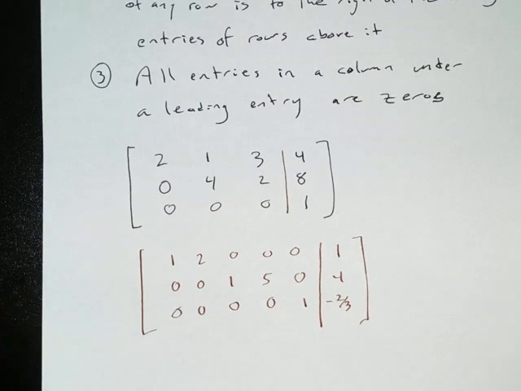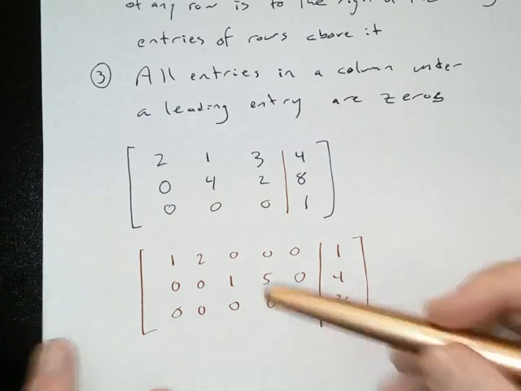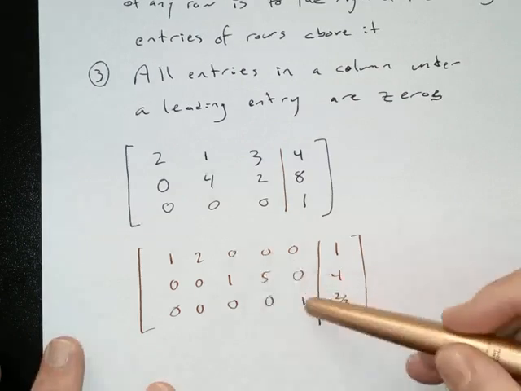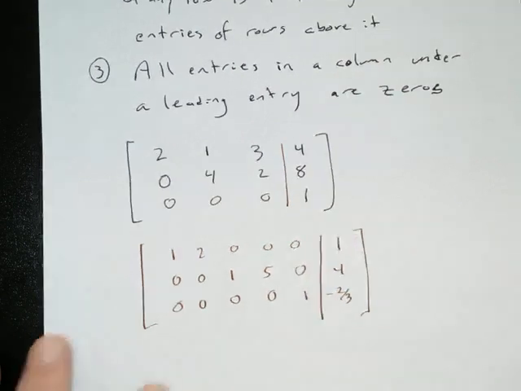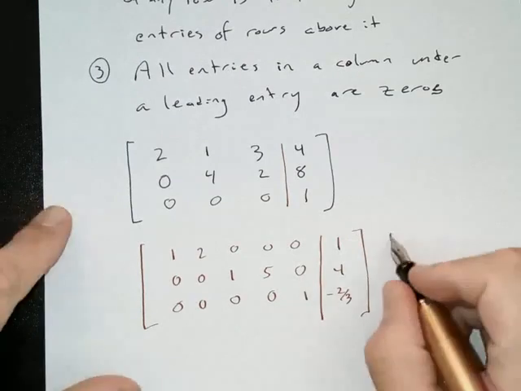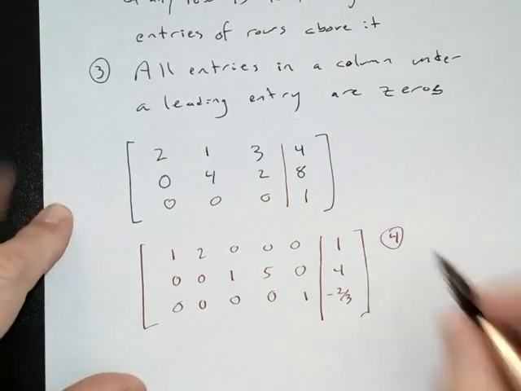But in this case, I can also say that there's nothing above a leading entry other than zeros. So I've added something. I've added a new condition. Condition 4,